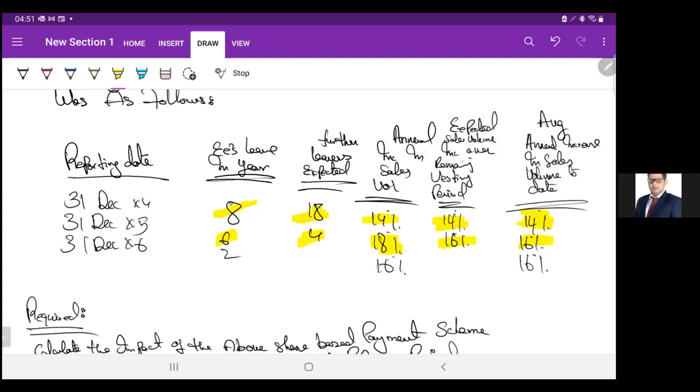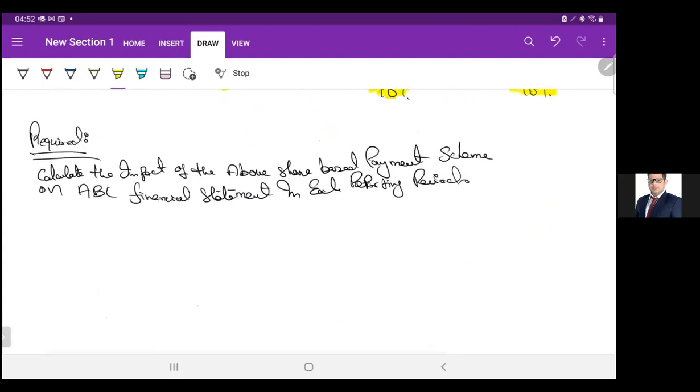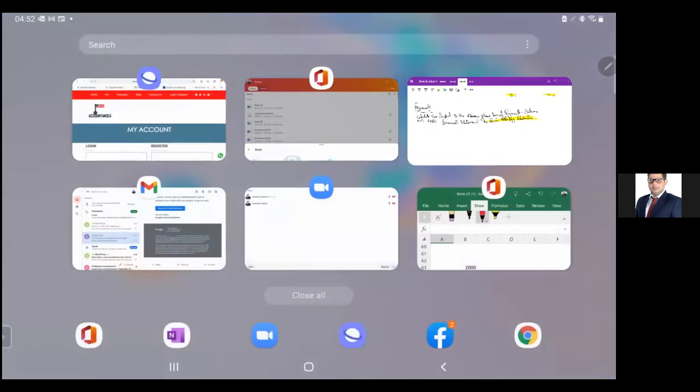Okay, and then 31st December 2003, employees who left is 2%, annual increase in sales volume is 16%, and average annual increase in sales volume to date is 16% again. And it's asking to calculate the impact of the above share-based payment scheme on ABC's financial statements in each reporting period. So